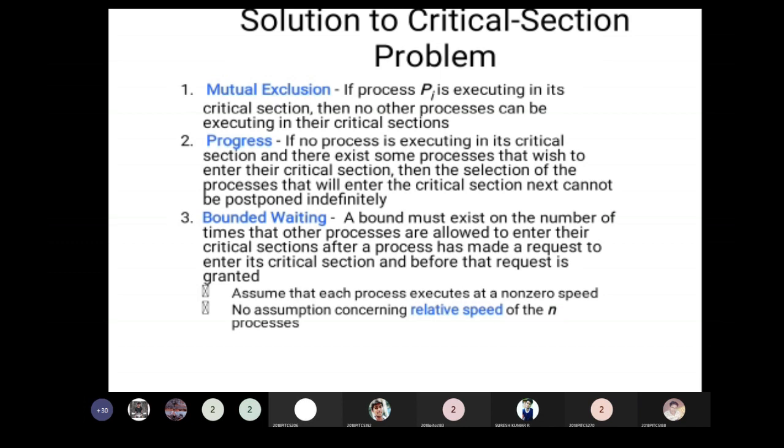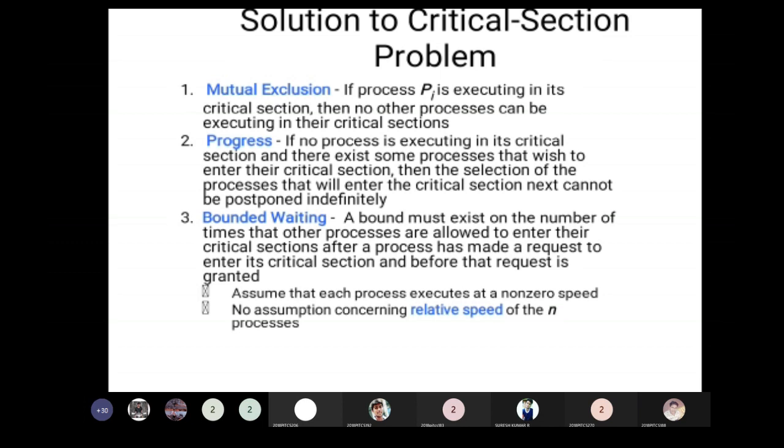You cannot keep on making the processes wait who are willing to enter the critical section. Any one process should be selected for execution if the critical section is not being executed by any other process. That is what progress means.